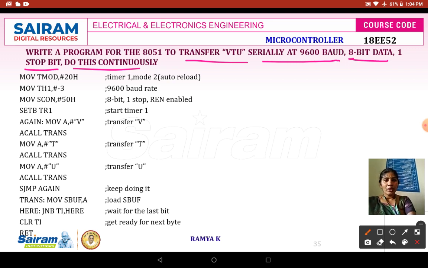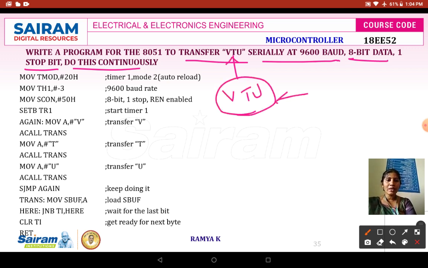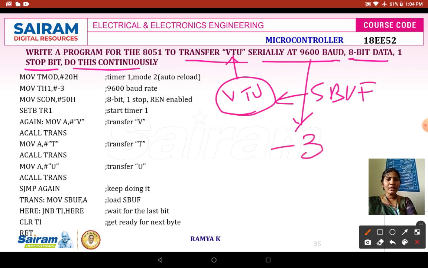The data to be transmitted is VTU, so we have to load this VTU in the SBUF register. The baud rate is 9600; corresponding to this baud rate we calculate and get -3.